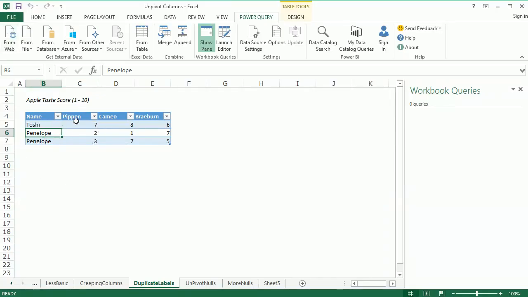So we've got three different people, each giving their taste score for three different varietals or types of apples. The issue that we're running into is that there's two Penelopes, and I want to point out here, Penelope did not vote twice. These are two distinct people that happen to have the same name. So this is going to become a problem when we